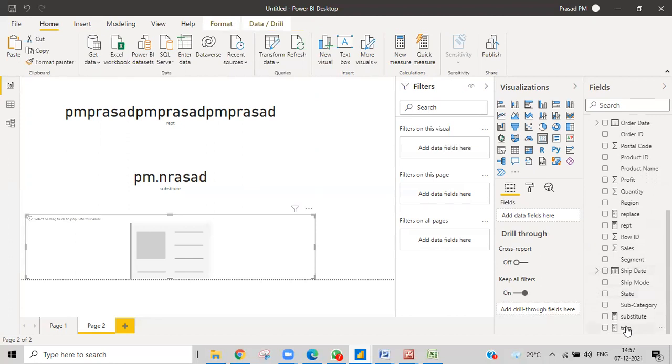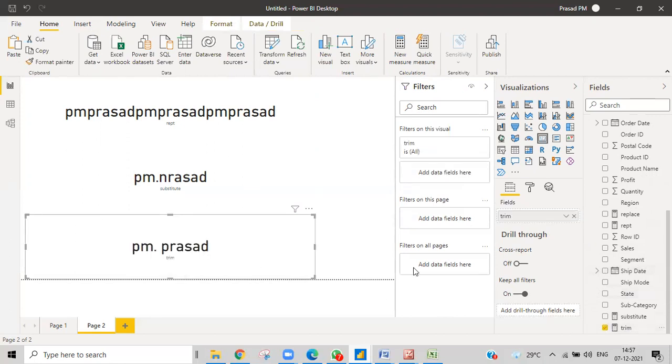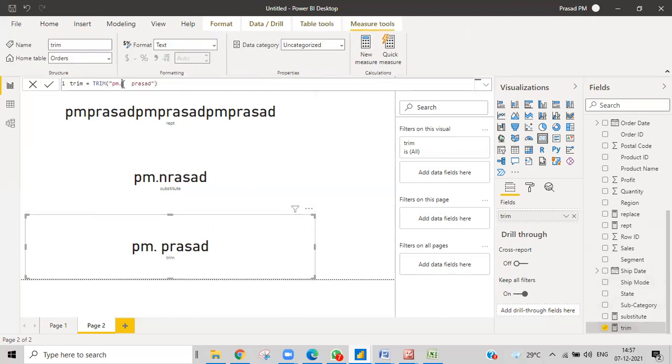Then trim, so it was trimmed out and one space will be left. Obviously it will leave one space, but I want to make it something like this. Check how it looks. How many spaces do you keep? You will take it only like this.